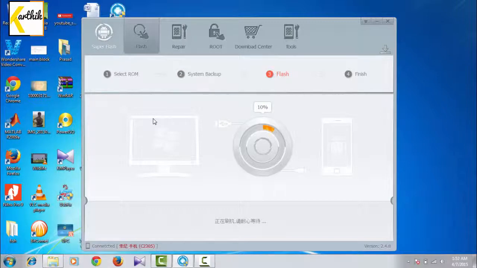Okay, you can see it will take a very long time and it is a waste of time to record the whole thing. I will fast forward from this 10% to 97%. Why I'm saying 97% is that at 97% it takes almost half an hour. It will be stuck there at 97%. Don't panic and don't disconnect your device until it gets to 100% and gives a success message. And I am forwarding up to 97% now.